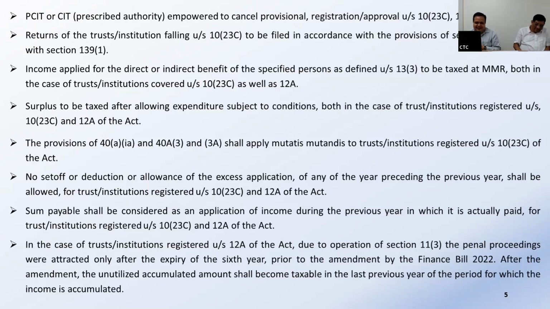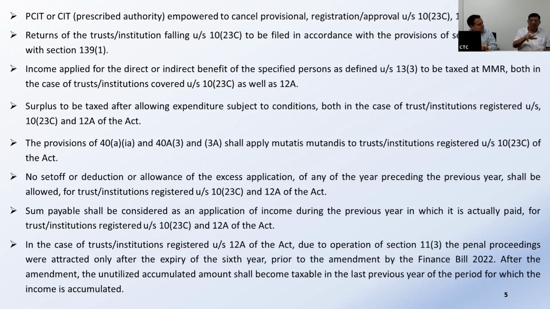Make the people understand it. Some payables shall be considered as an application of income during the previous year in which it is actually paid. Now, this is one more amendment. This is going to create a lot of challenges now. Earlier, the mercantile system was allowed. We could provide for the expenses. Now, the amount when actually paid will be treated as application. So this will be particularly defeated in company cases, where we have to follow the mercantile system. Here I want to add something.